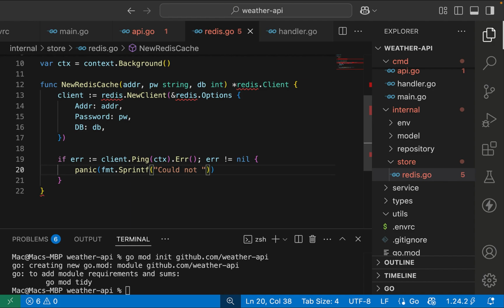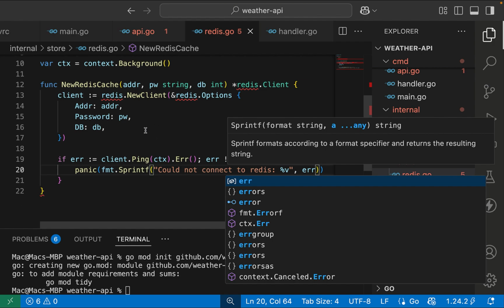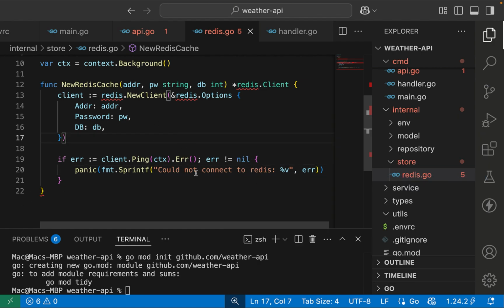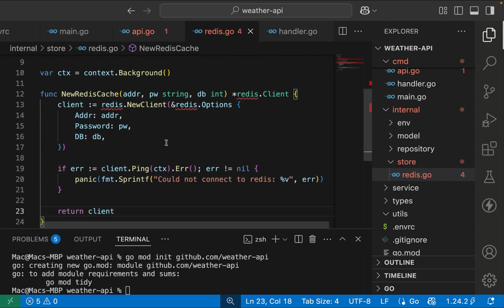okay, connect to Redis like this. So we have this %v, and then we have err like this. So in case there's an error, then we are going to get this logged out to us, and then we are going to return, let's return the client. So we need this client to be able to